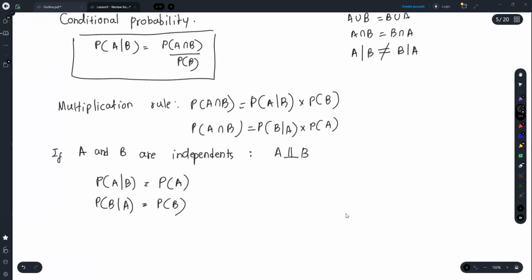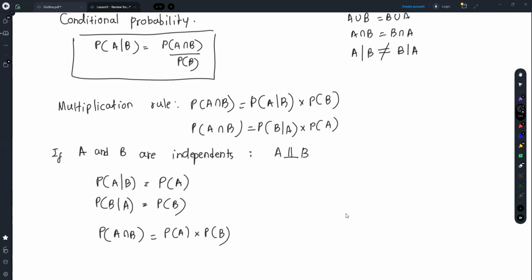And if A and B are independent, what will happen to the multiplication rule? A given B becomes simply PA, and then you have this PB. Right? So if A and B are independent, the intersection becomes their product. This is, remember, only if A and B are independent. And there's something you should